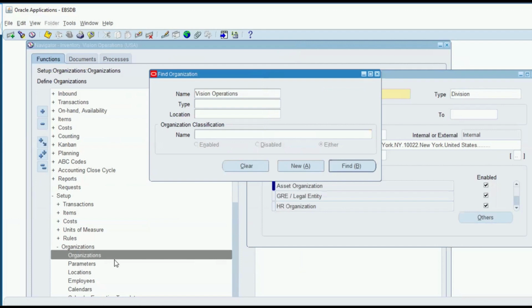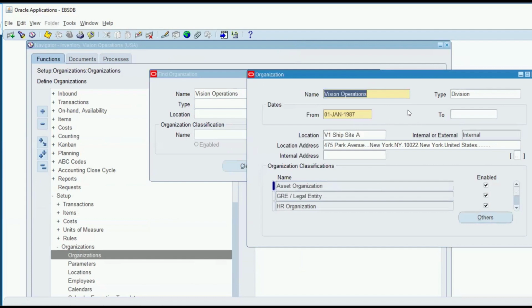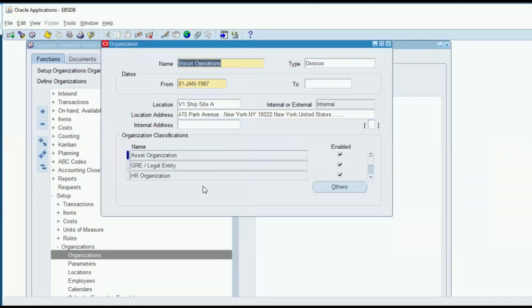and search by organization. So I am coming to that form. This is our organization, and here you can see the HR organization is enabled, and the inventory organization is also enabled, and the operating unit is also enabled. So in this operating unit,